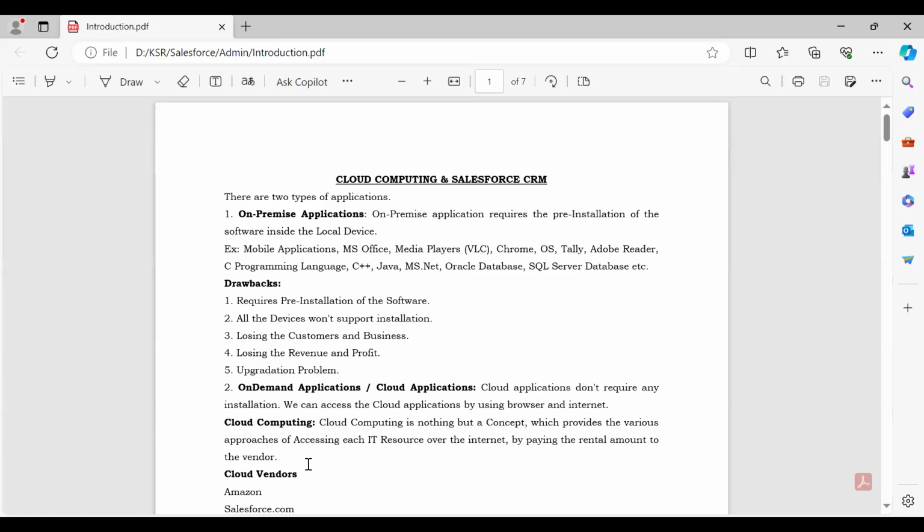Just by paying some rental amount to the vendor, we can access the applications by using a browser and internet. Okay, so cloud computing is a concept which provides various approaches of accessing IT resources over the internet by paying a rental amount to the vendor. Like, suppose